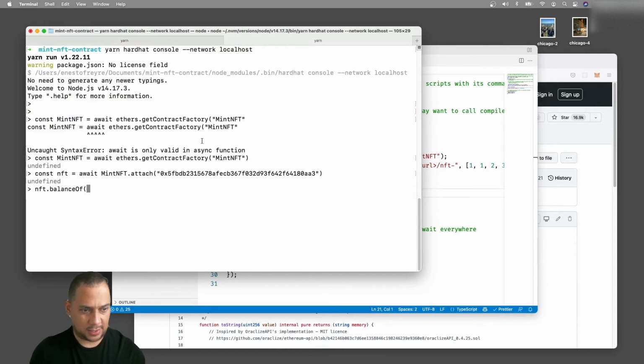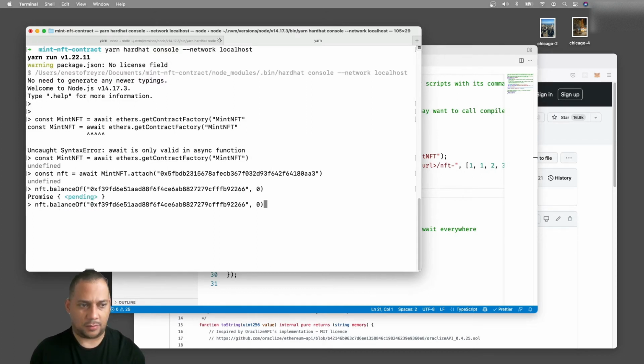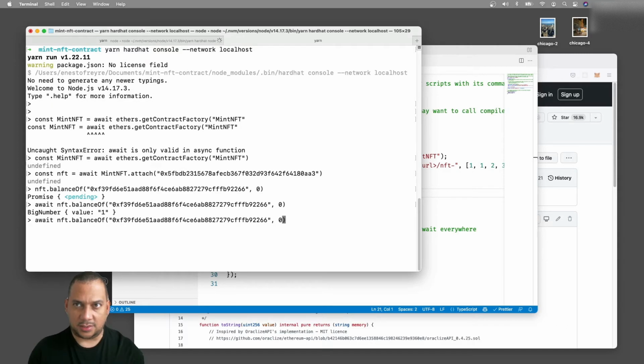So in this address, what's the balance for this token? So I'm asking here, this account, how many of this token has token 0? It should be, oh, we need to await this. This is a promise. And it will say 1 because remember, for the first token, we said that we will have 1. So 0, 1, 2, 3. So in this case, it will be 3.